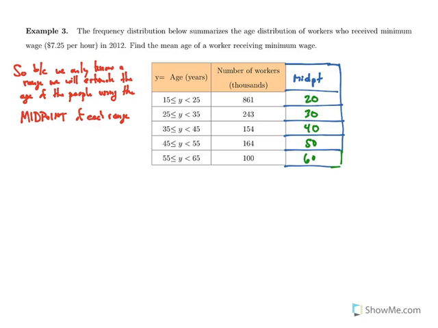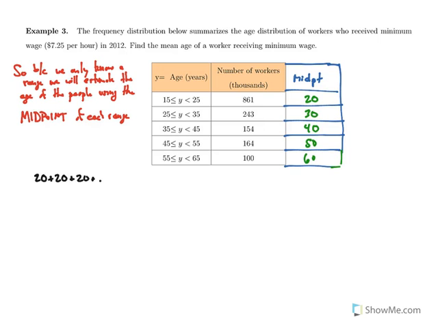So instead of knowing the exact ages in between 15 and 25 of the 861,000 people, we're just going to estimate that they're all about 20 years of age and hope that it kind of balances out. With more information and more detail, we could get a better estimate. So what we could do here, we have 861,000 people age 20, 243,000 people age 30, 154,000 age 40, on and on. We don't have to go